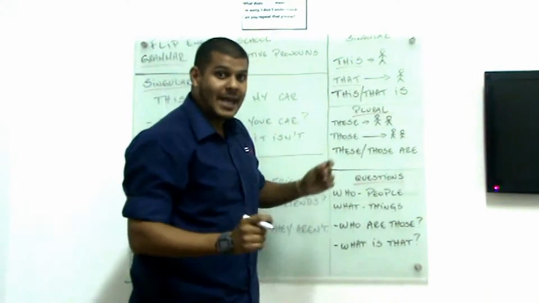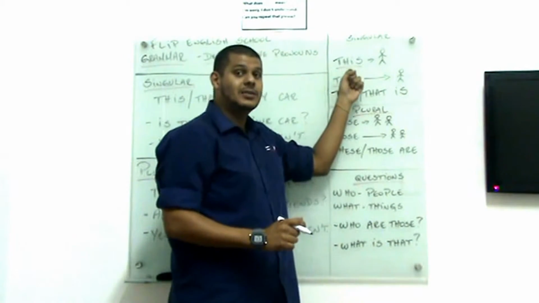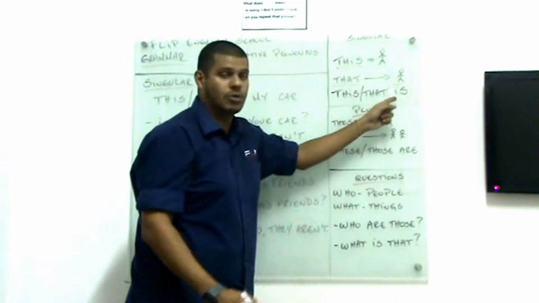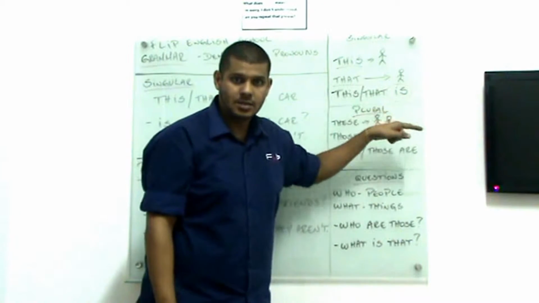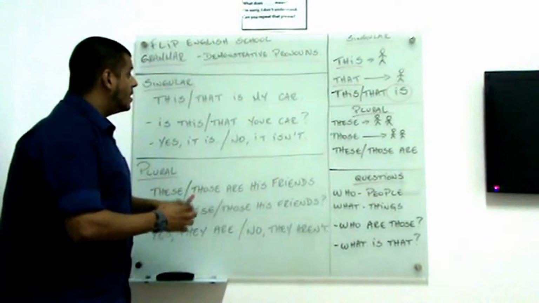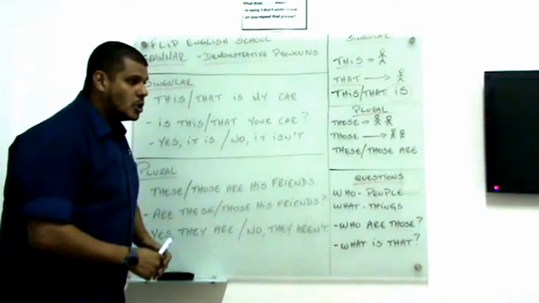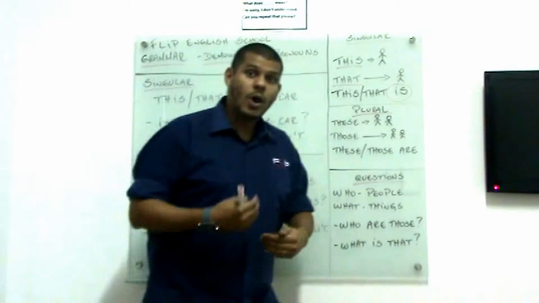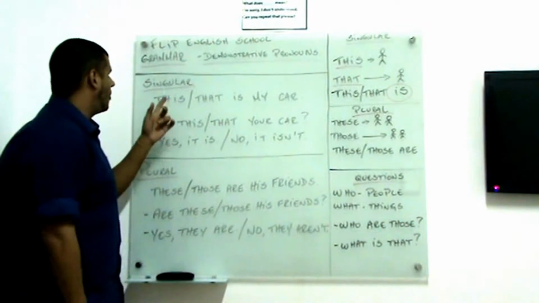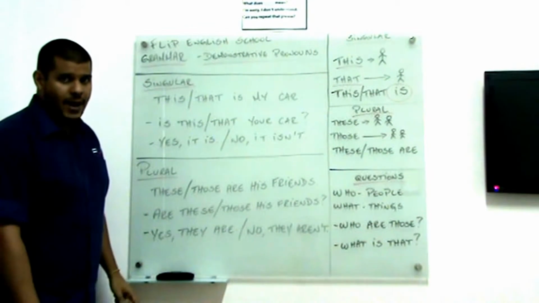So remember that it's very important, we are talking about the singular. So when we use this or that, it's necessary to conjugate the verb to be in the singular. So this or that is, okay? I have an example here, for us to see how we can create sentences using this or that, alright? So always remember, we always use this to demonstrate things. So here we have, for example, singular: This or that is my new car, right?